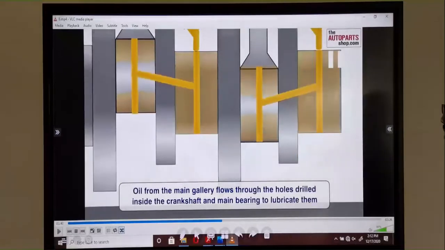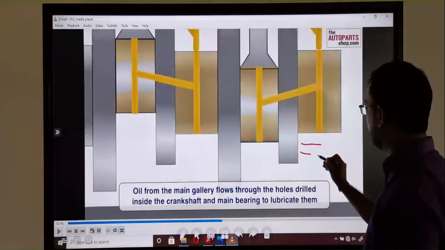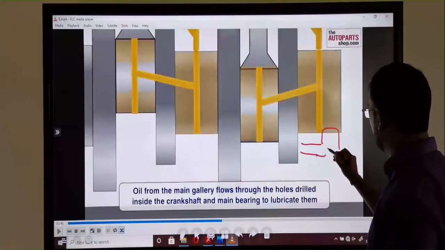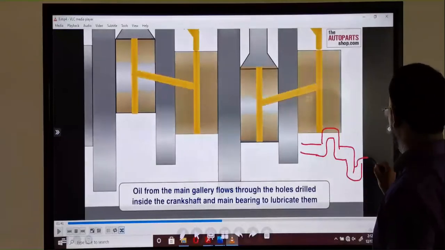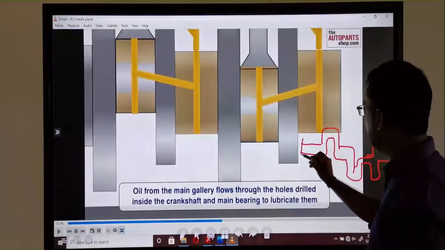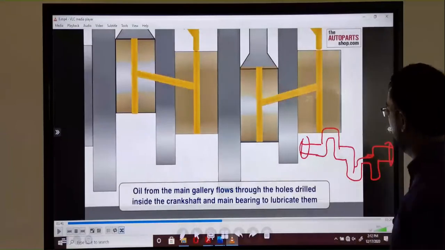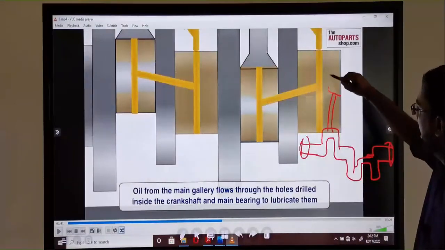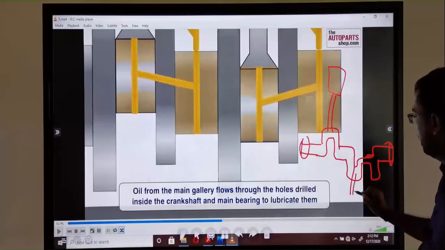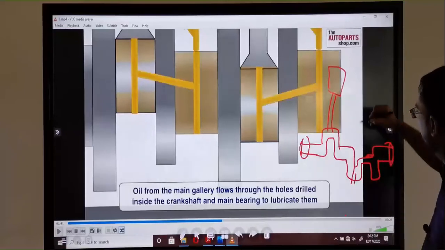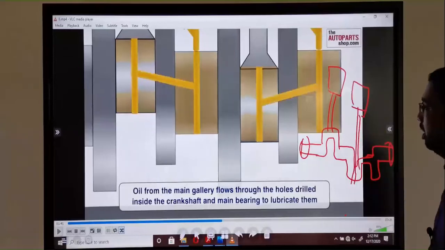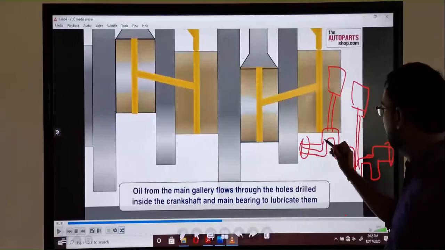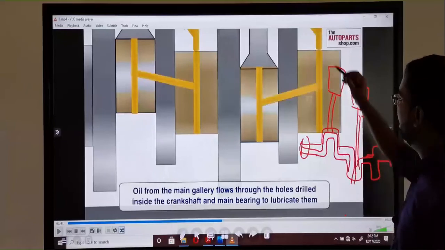Because here you can see the crank arrangement is like this. Normally you can see the crank like this and come to this, both sides. Okay, here a piston is connected like this. Okay, here also a piston is connected like this. Sorry, this side here also a piston is connected like this. Okay, this is the arrangement of the crankshaft. So the oil passages come like this. Okay, that is shown here.